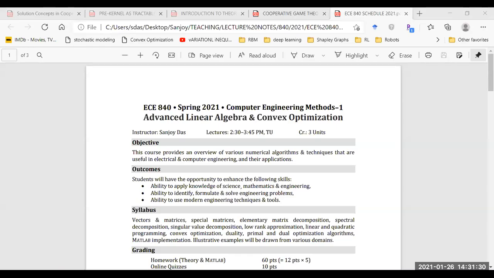Okay, hi everyone. So this is ECE840, one of the 3 or 4 core courses that you'll have to take for your grad program, whatever program you're in, master's or PhD. And in this course, what we shall do is, as you have, if you have seen the